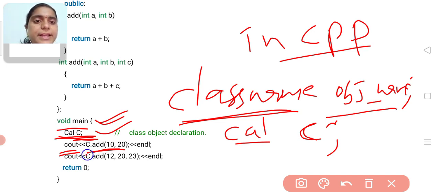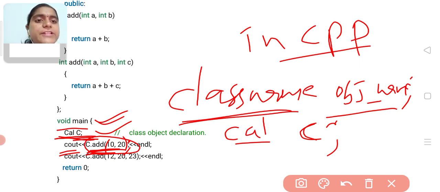It means this is a function call. When we write the function name and parameters inside parentheses, followed by a semicolon, this is called a function call.